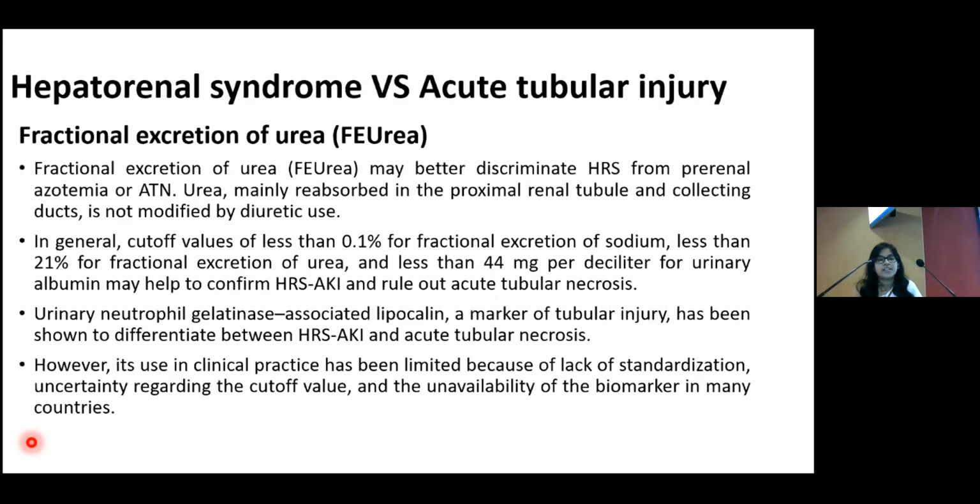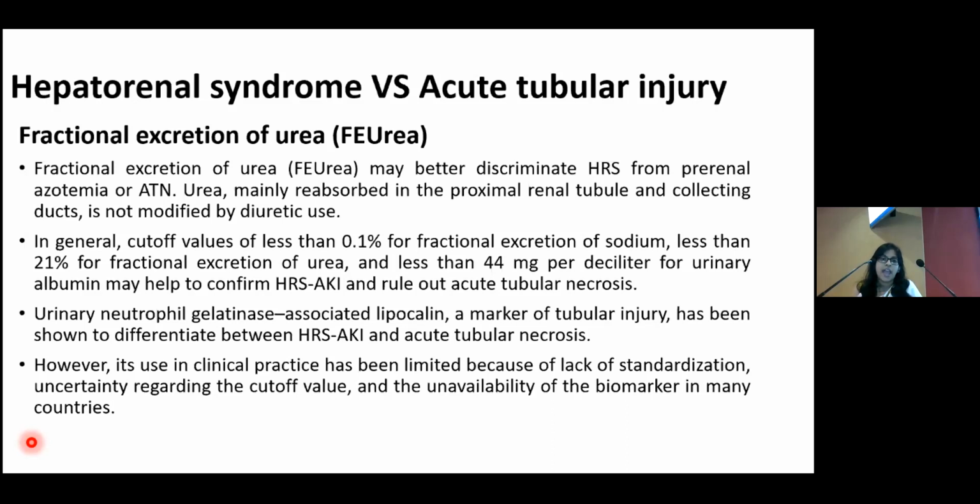So the other thing is fractional excretion of urea. It is usually less than 35% in pre-renal AKI and more than 35% in acute tubular necrosis. And it is less than 21% in hepatorenal syndrome. This urea is reabsorbed in the proximal renal tubule and the collecting duct, and there is not much effect